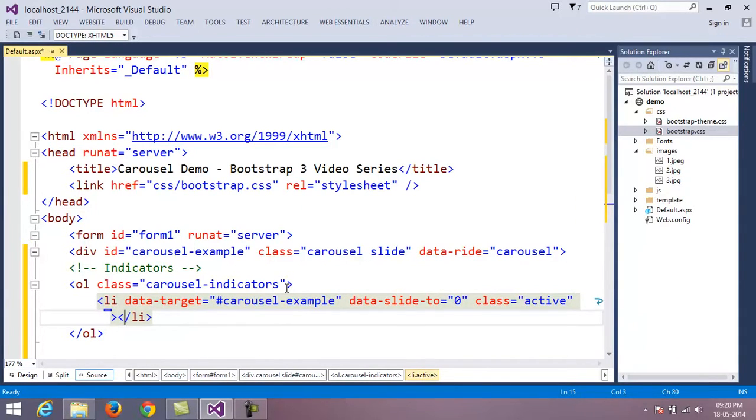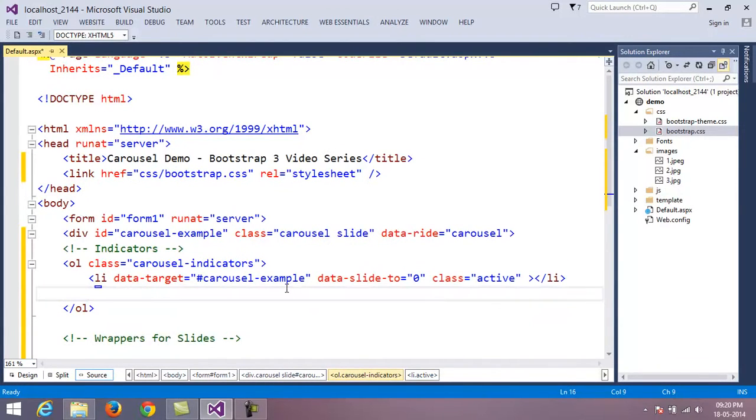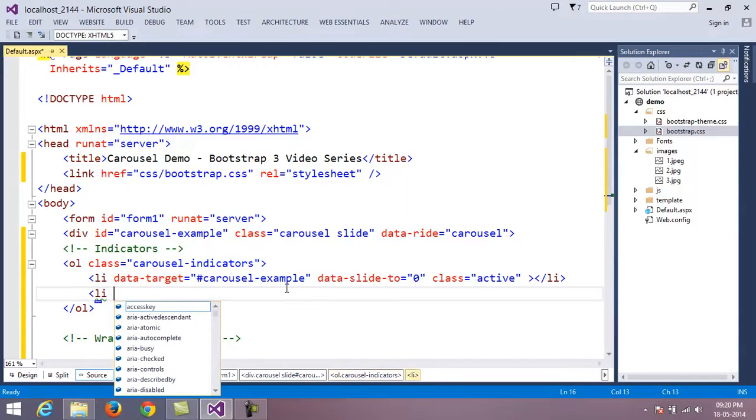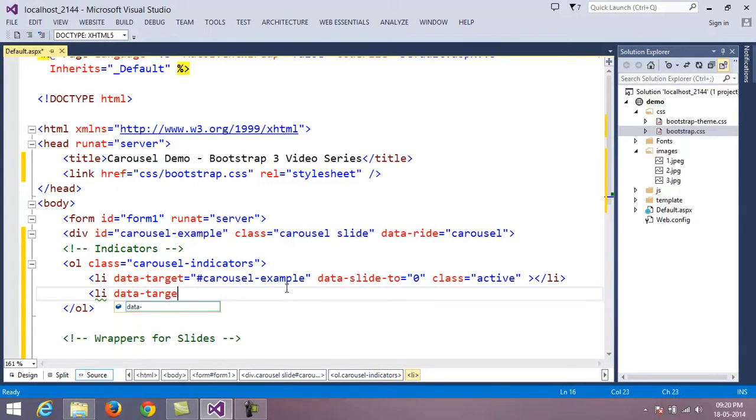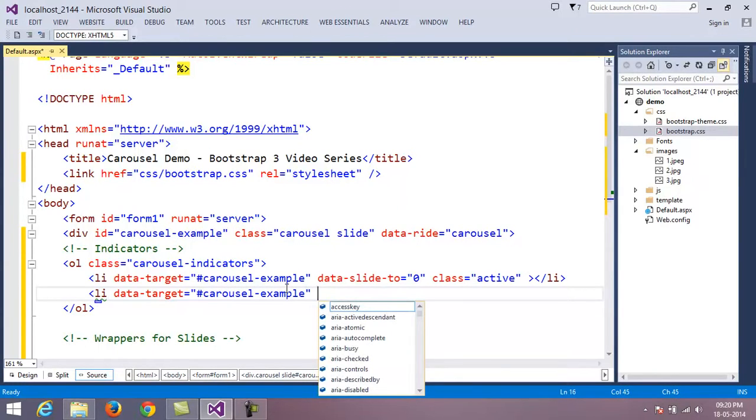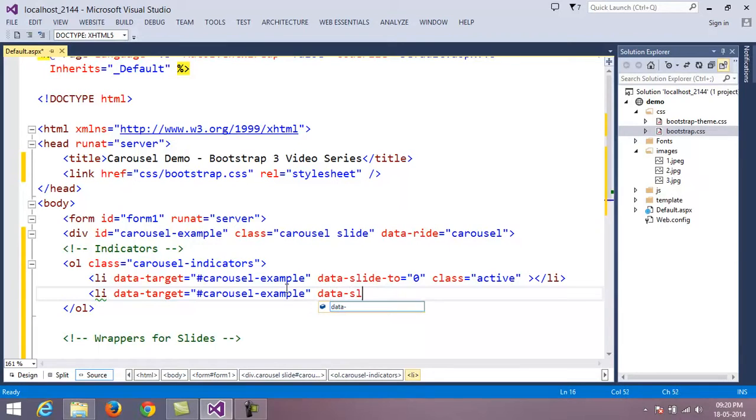Once I have specified this, let's take one more list item, data-target equal to hash carousel-example. The target is going to be the same div tag, slide to 1.